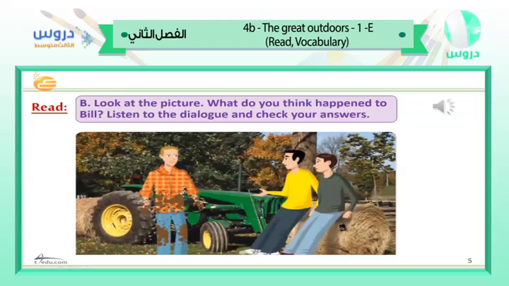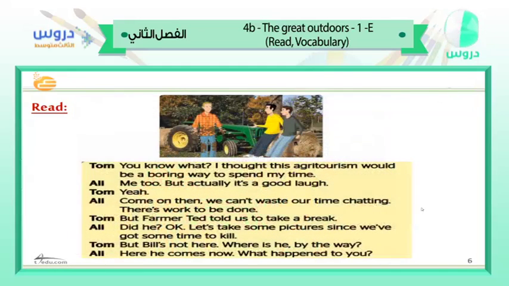Okay, so it seems that somebody or something kicked him. Who kicked him or what kicked him? Thunderbolt. Yes, Thunderbolt kicked him. It's a wild horse. It kicked him and he fell in the mud. Okay, very good. So let's read again, and then we are going to discuss it thoroughly.